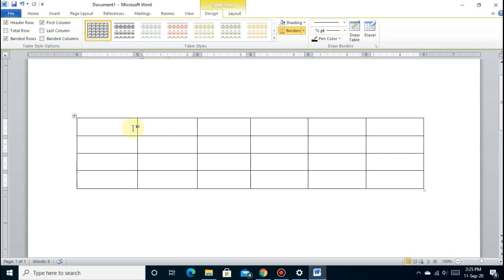Okay, then if you want to enter data in a table, then click in the cell where you want to enter a data and start typing using your keyboard. Okay, in this way you can enter data in your table.